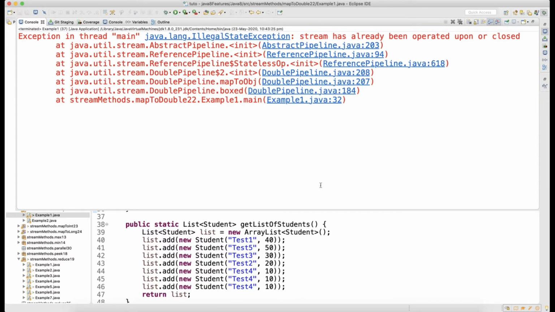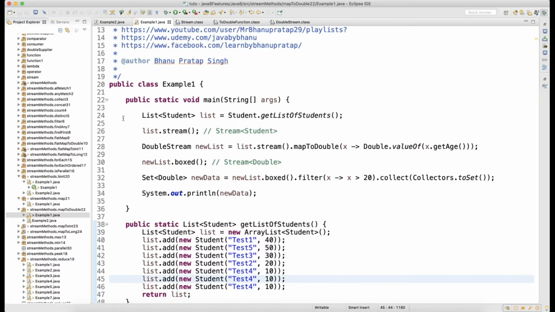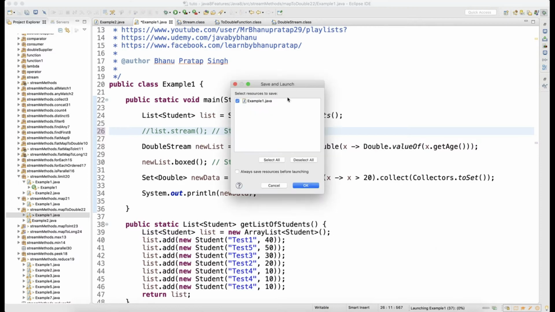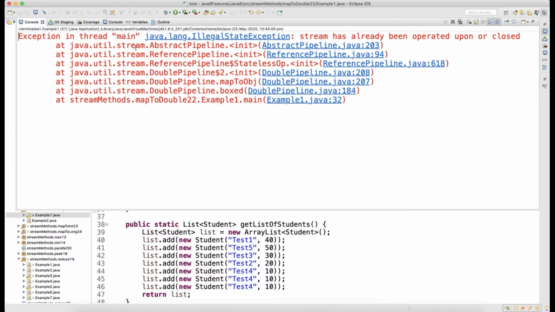So you can see, okay, IllegalStateException: stream is already closed. Guys, I cannot call the same stream more than one time. If you want to do that, as I told earlier, you have to use Optional. You have to wrap this into the Optional, and Optional has a method called get, so you have to get the value and then run it. That's how you can do that. Otherwise, the same stream you cannot process two times, you will get a problem like stream is already closed.